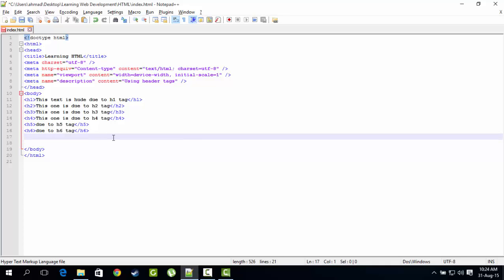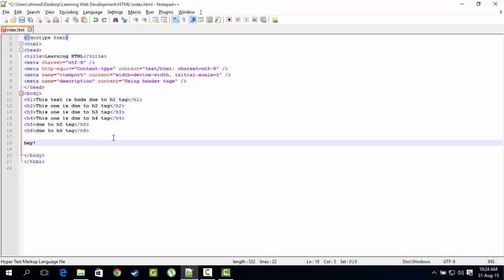Now we are gonna move on to looking at paragraph tags. We have already looked at headers and you have seen that the H7 header that we talked about is not a valid header tag. So what if we just want to add some normal text? Let's just have a look at what happens when we put just some plain text in our page.